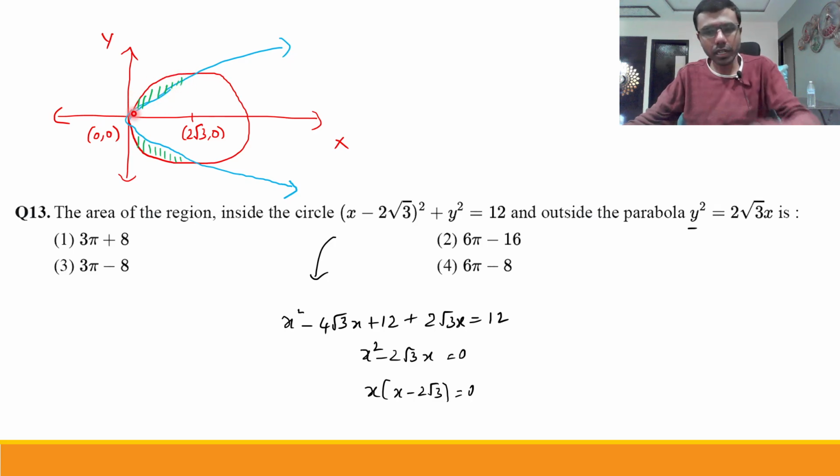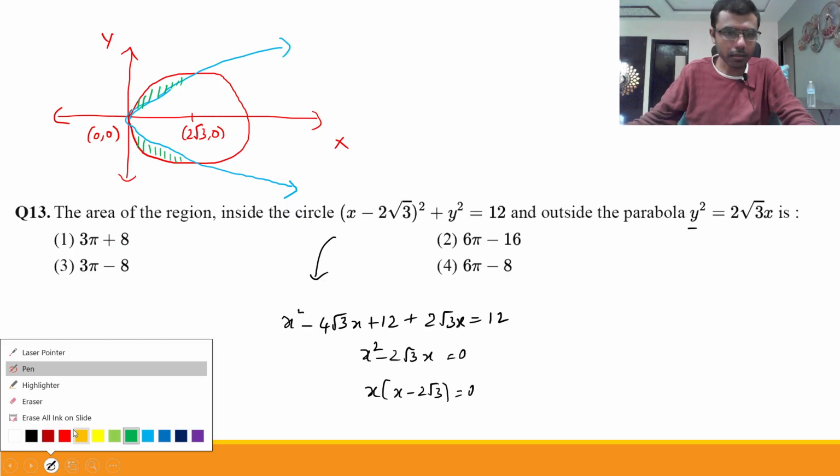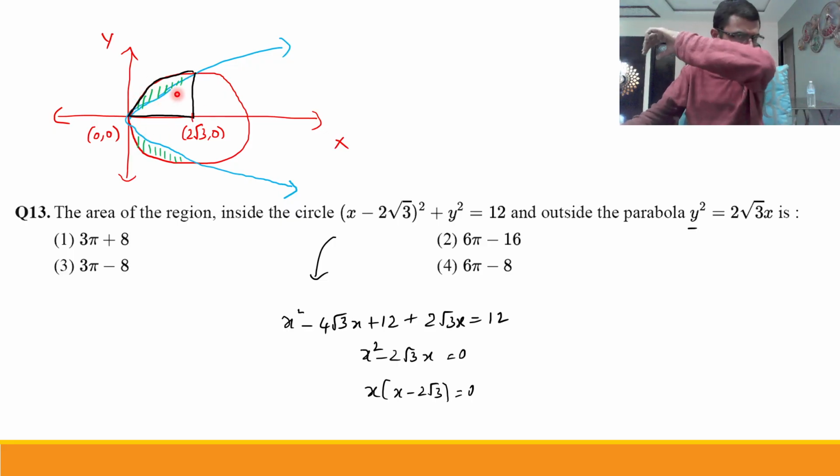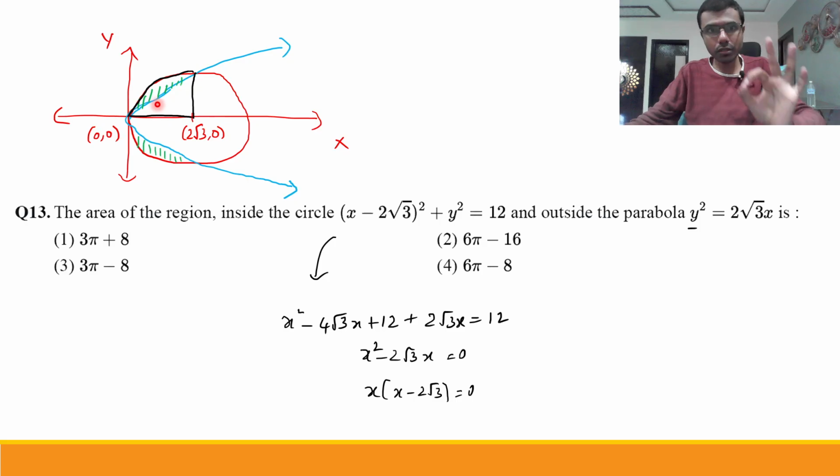Now how to find out the upper area? Upper area is nothing but, I'll use black here, you see, this is the center of the circle, right? So this would be quarter of the circle. You see, this is quarter of the circle. What is the area of quarter of the circle? You guys should know it. Okay, total area is pi r square, so quarter would be pi r square by 4. Next,